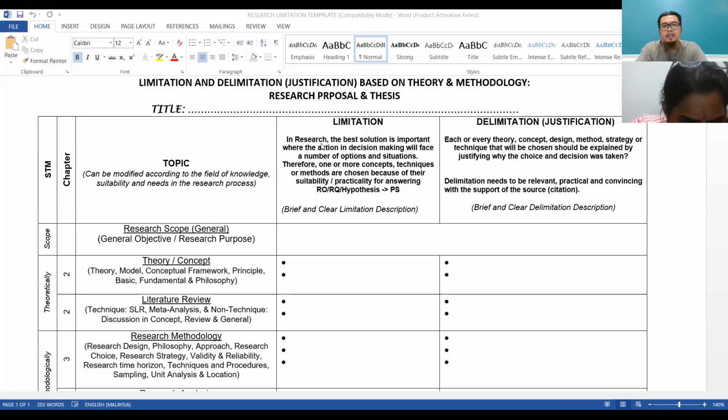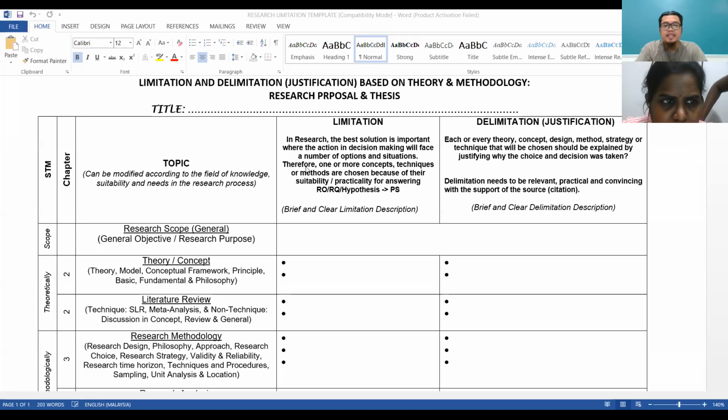In research, the best solution is important, where the action in decision making will face a number of options and situations. Therefore, one or more concepts, techniques or methods are chosen because of their suitability and practicality to answer your research objective, research question or hypothesis,